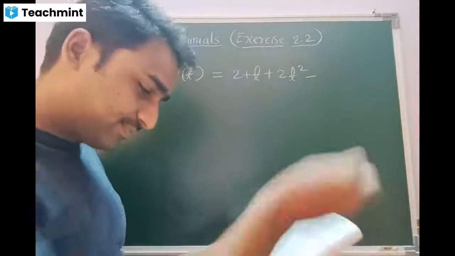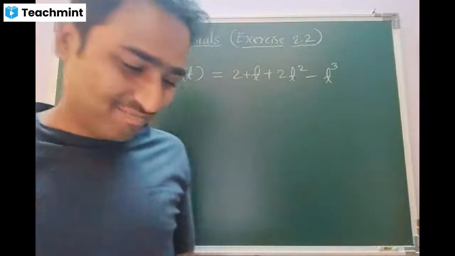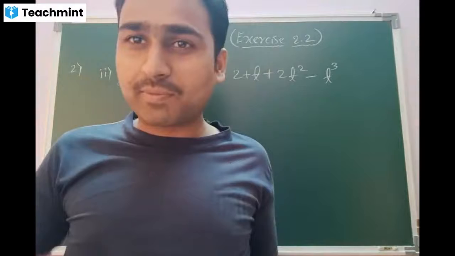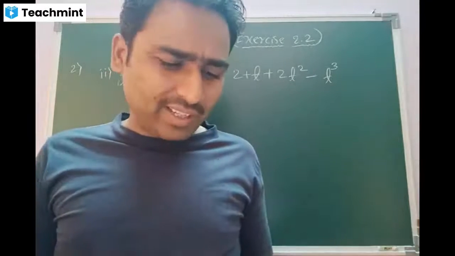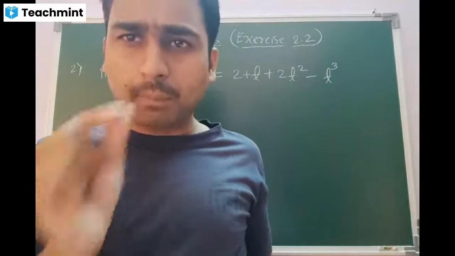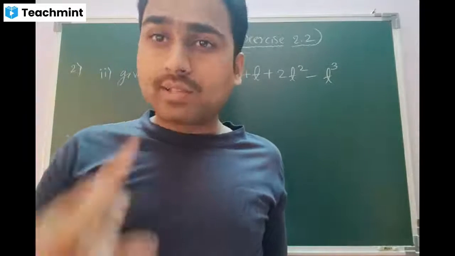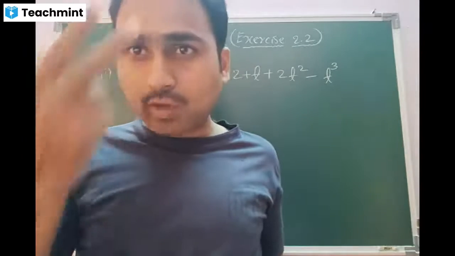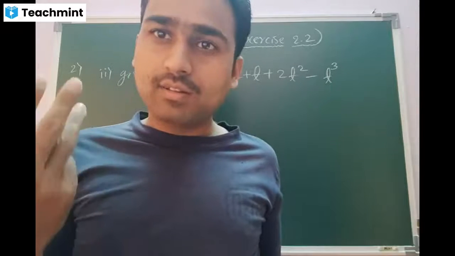What is the reason? Because it is 2 to the power P of t. In the first question also, I explained the same thing. Anyhow, it is not completely wrong, beta. You can read it as P bracket t bracket complete, but make it simple: P of t. Is that clear? We are supposed to read it as polynomial in the variable t. If I say polynomial in the variable t, it is completely gone.